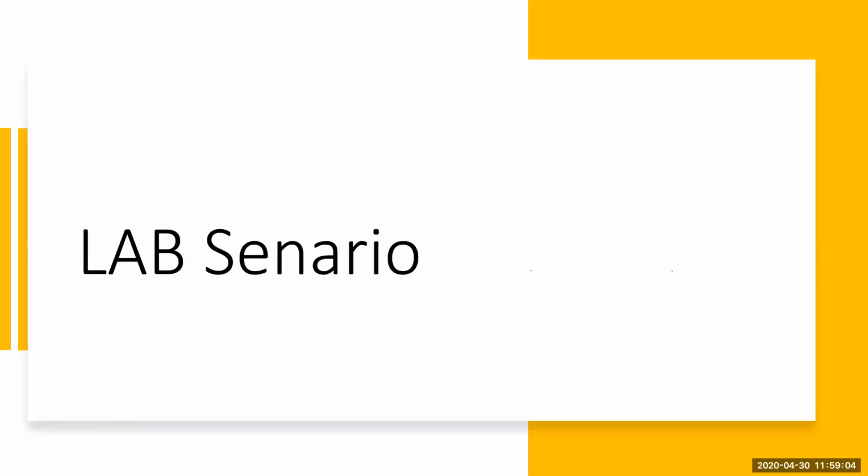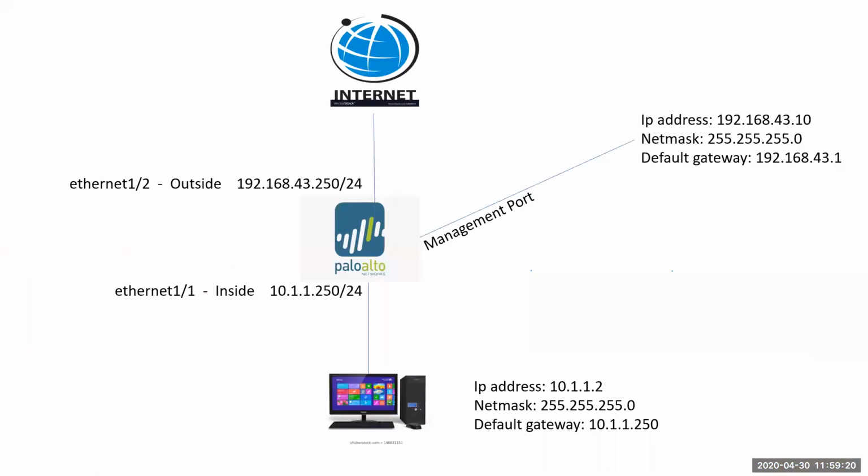Okay, so let me quickly tell you what is the lab which we are going to cover in our future scenarios also. This will be the lab scenario which we are going to follow, so that it will be better for our understanding. We will have a Palo Alto box here where the inside IP, that is Ethernet 1/1, will be